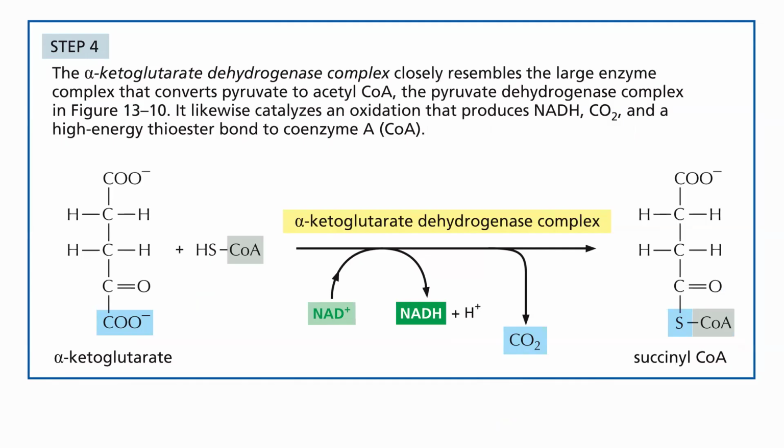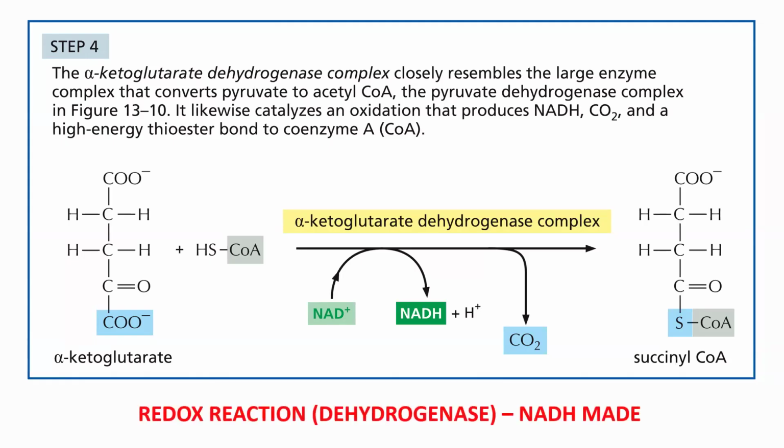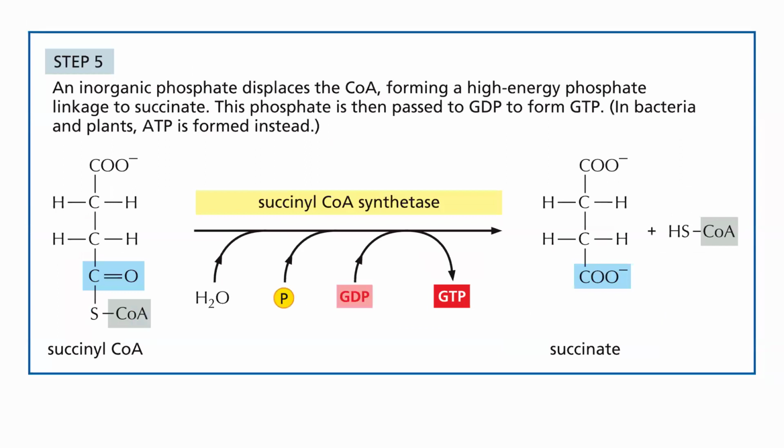Reduction of NADH. Oxidation of the substrate. And by the end of this step, step 4, we've completely decarboxylated glucose, and all of glucose is now released as carbon dioxide. Product of this reaction is succinyl-CoA. High energy molecule linked onto CoA. CoA is carrying succinyl. Another redox reaction, electron stolen, NADH is reduced.